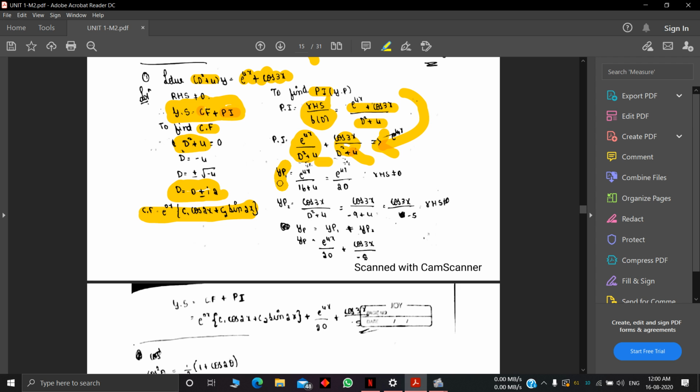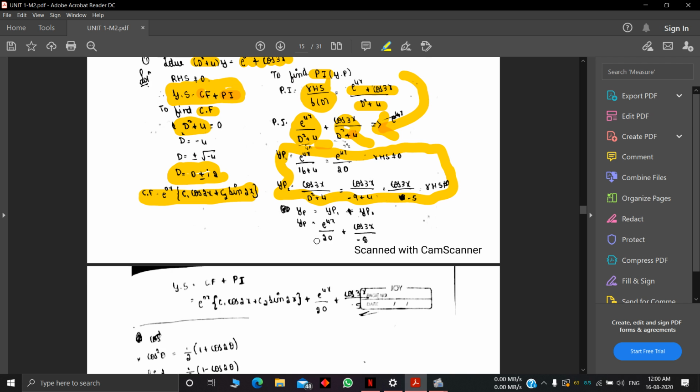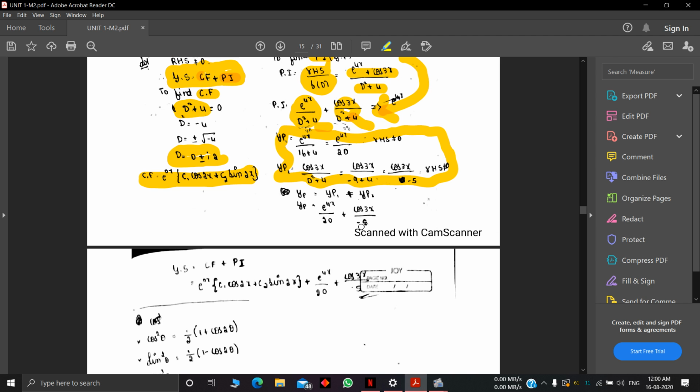Here they did it as two sub points, two parts, to make it much simpler. Then we found the yp1 value. yp is nothing but yp1 plus yp2. So the final value is